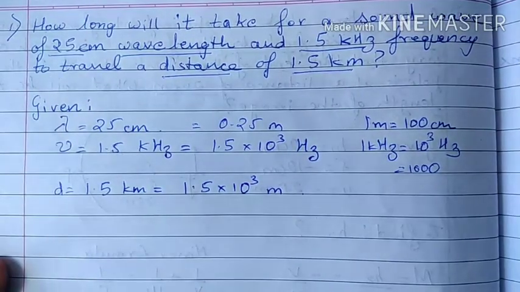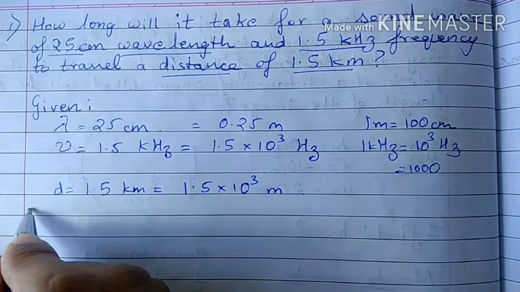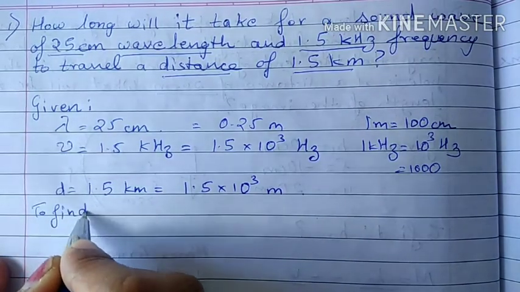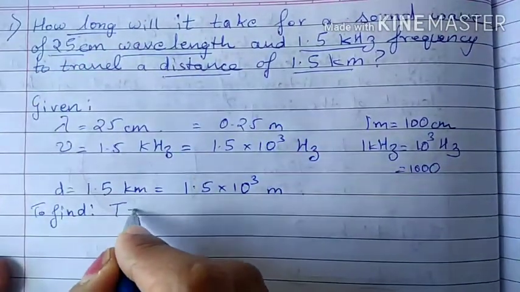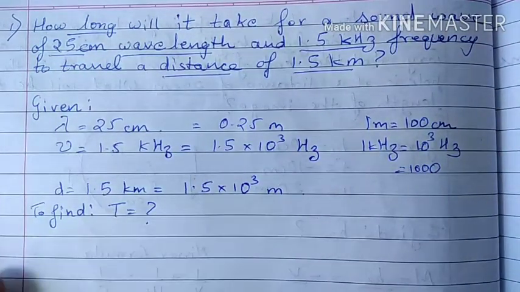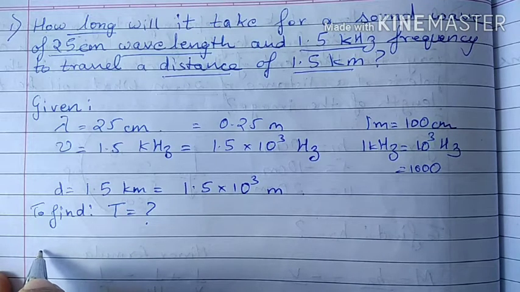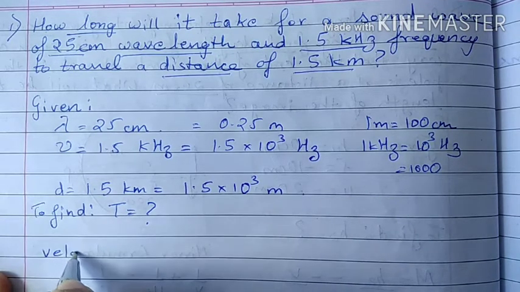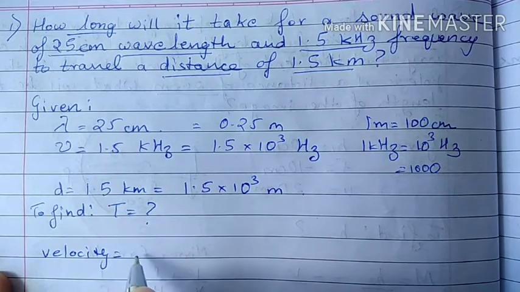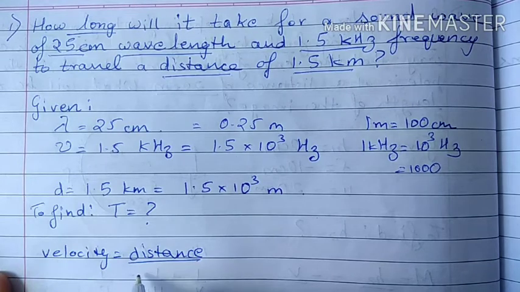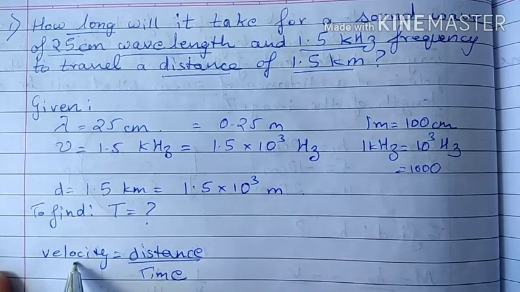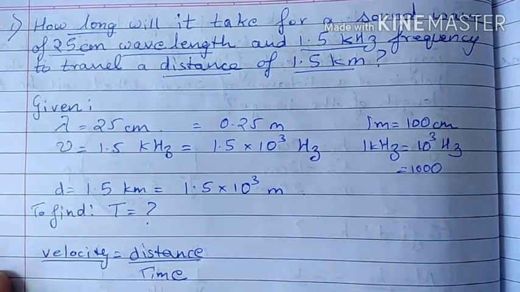Let's also convert this kilometers into meters. So it will be 1.5 into 10 raised to 3 meters. And to find is, how long will it take? So you need to find the time, t. So the formula to be used is velocity is equal to distance upon time. So we have the distance, but we don't have the time, neither do we have the velocity. So first what we'll do, we'll find the velocity. And the formula to be used is